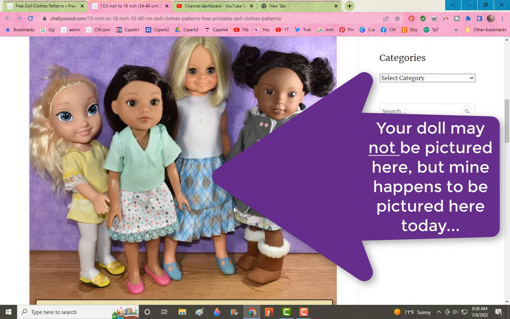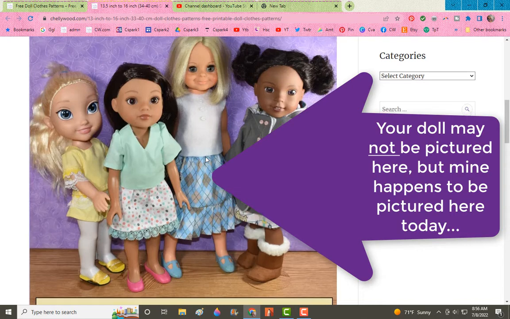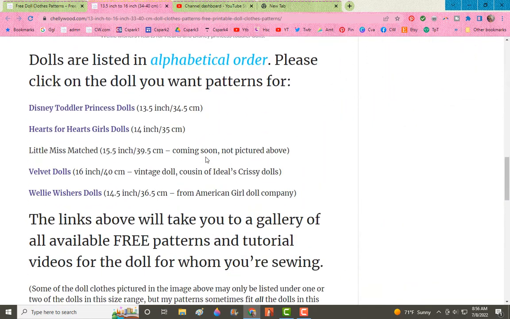So let's say I'm sewing for this Velvet doll. She's a vintage doll from the Ideal Toy Corporation. So I would click on that particular doll, Velvet Dolls, right here. Now you'll notice these are all in alphabetical order for your convenience. So if I were sewing, say, for the American Girl Welly Wishers, it's at the bottom of the alphabet. If I'm sewing for a Disney Toddler Princess doll, it's at the top. So I click on my Velvet Dolls,